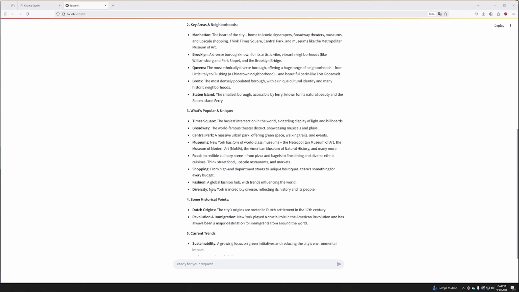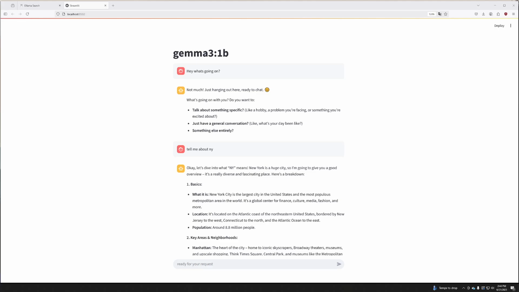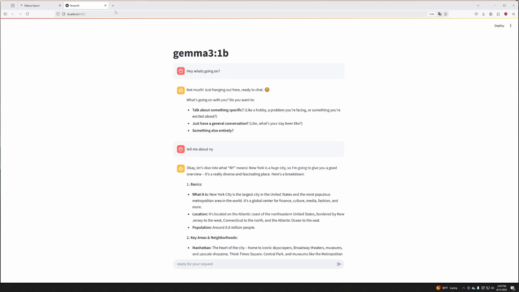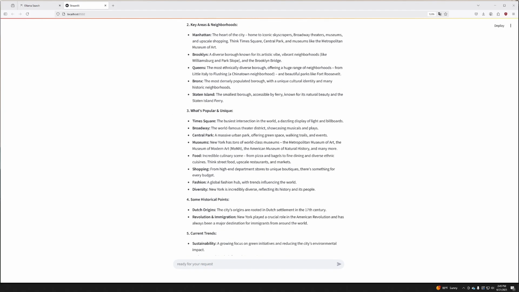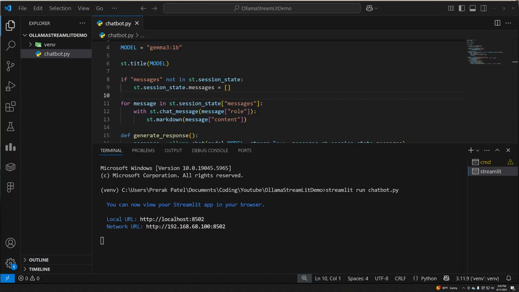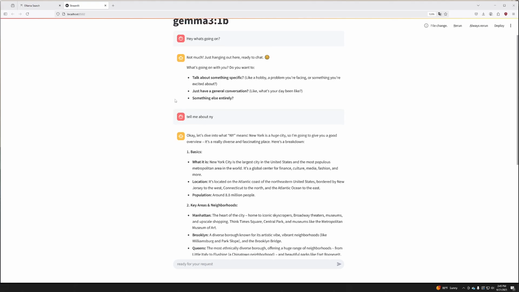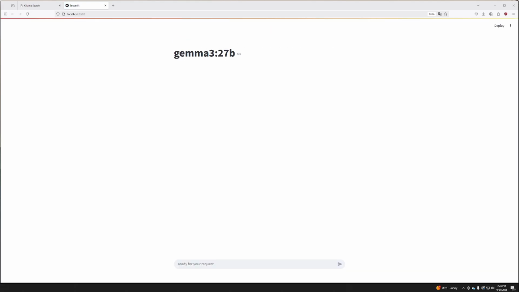Now another thing I want to show you, and I have a very strong computer relative to most individuals, but I want to try running this Gemma 27 billion parameter model. I installed it. I haven't run a model this big. I assume it should be easy, but let's just see, right? So we can see the difference between this response and a much larger model response. So to do that, I'm just going to open up this thing again, and then I'll just update the model name with the 27 billion parameter one. And let's go back here and let's refresh this page. Okay, now let's see how long the response takes.